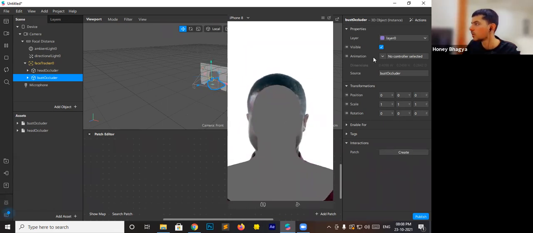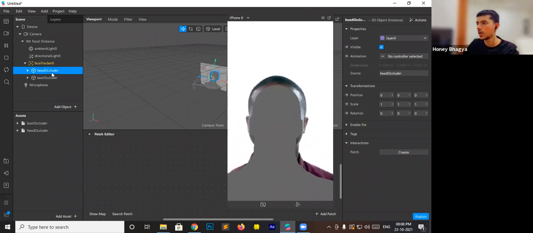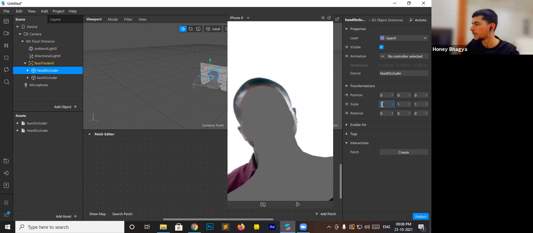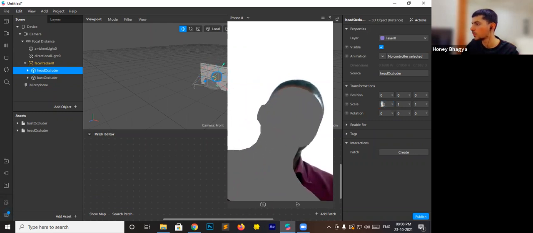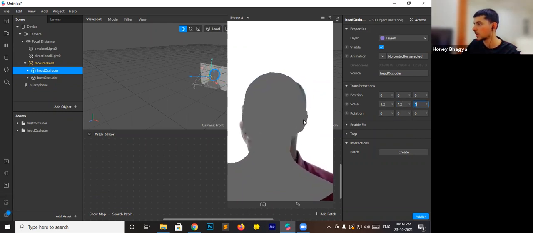Now we are going to adjust this. Select the head occluder, and we have scale here. We are going to resize it to match the head. So we are going to change the value to 2.2, 1.2, 1.2. That's fine, I guess.